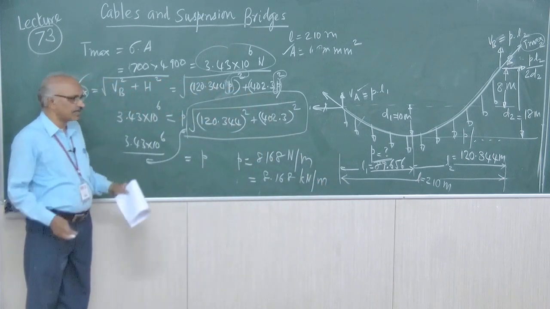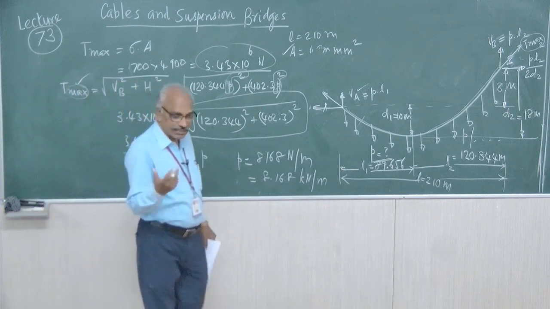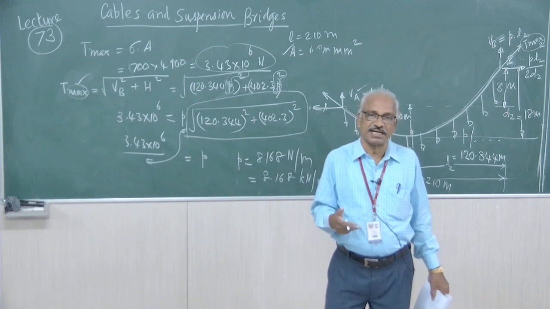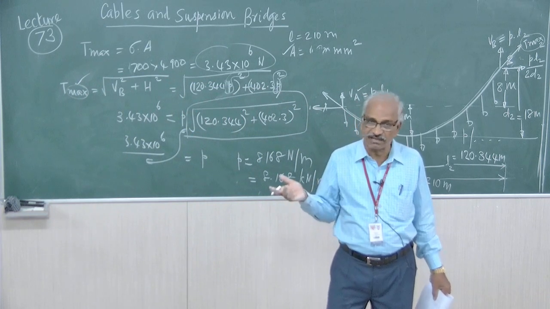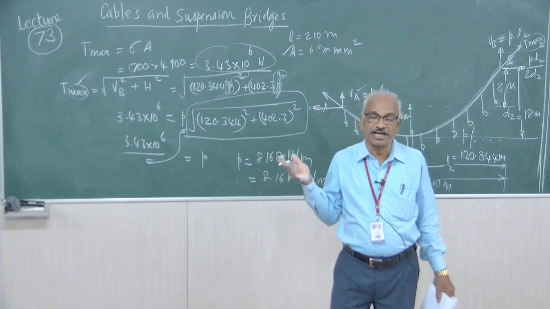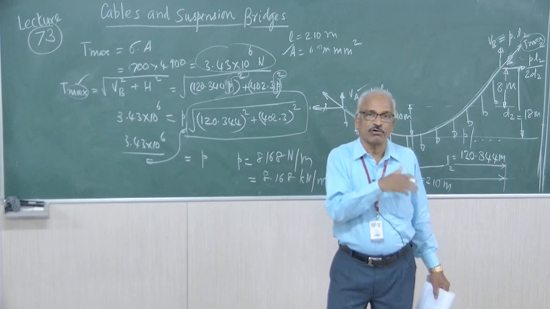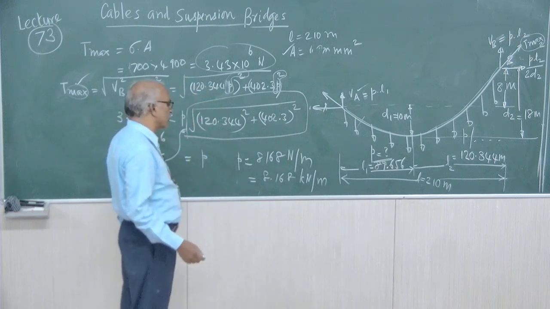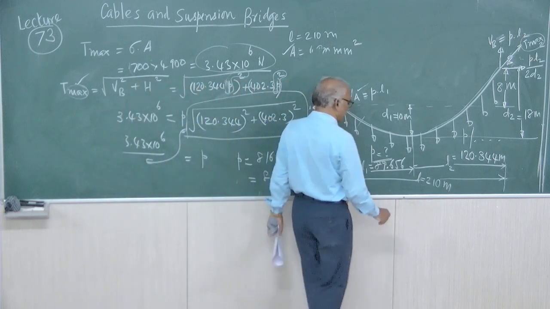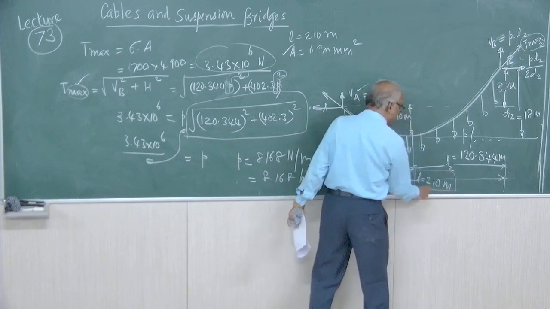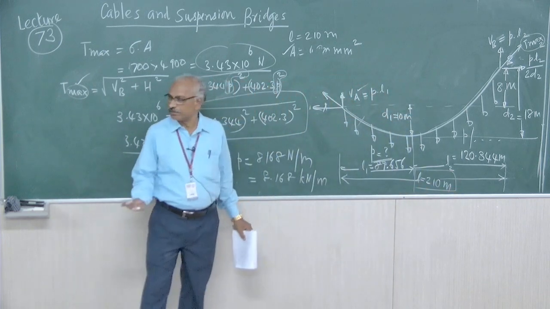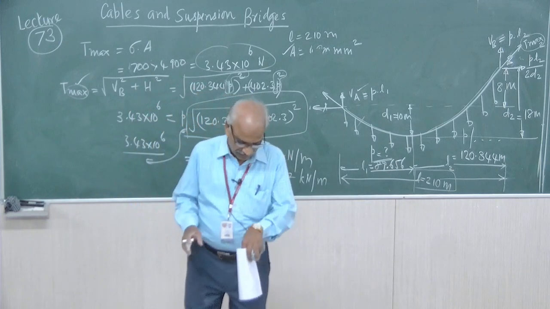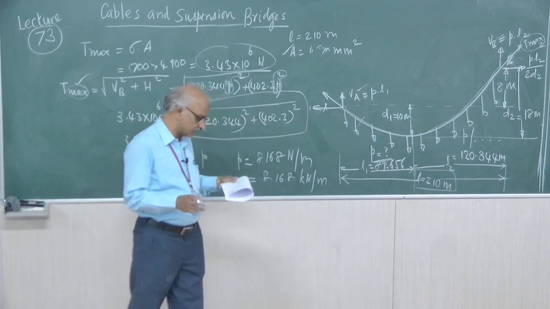So instead of giving the value of P, L and asking what is T max, they are given the value of T max indirectly in the form of stress and area of cross section. So we can find out T max, from which indirectly you'll have to go back and just find out the value of P. So this is how we have to do the problem. Sometimes in a problem, giving all values, you may be asked to find out the value of L. If you are able to know the basic formulas, we can just manage anything.